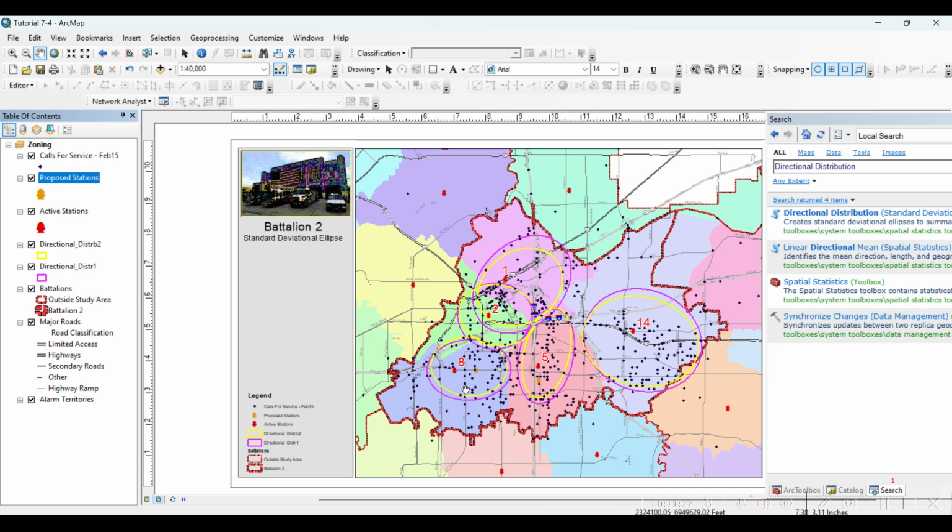It is best to use this directional distribution, including all the calls and the weights, and put the station at the center of an ellipse, for instance. So it will take into account the spatial distribution, central tendency, directional trend, and the weight of the calls. The highest priority will be given to saving human life, and afterwards following with